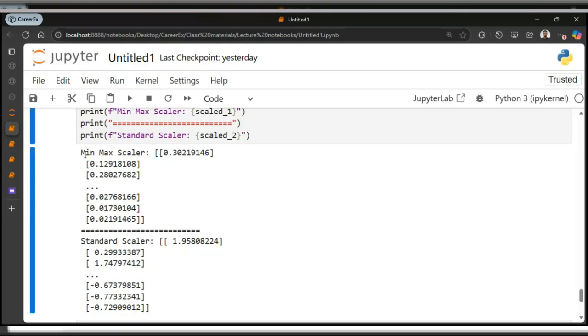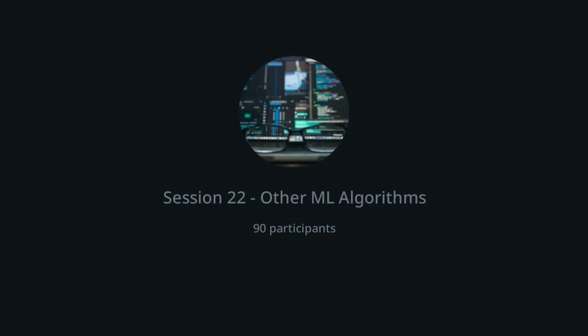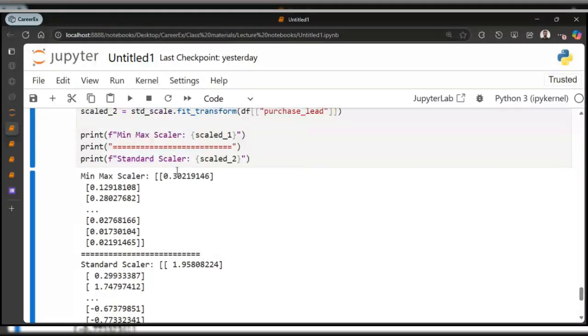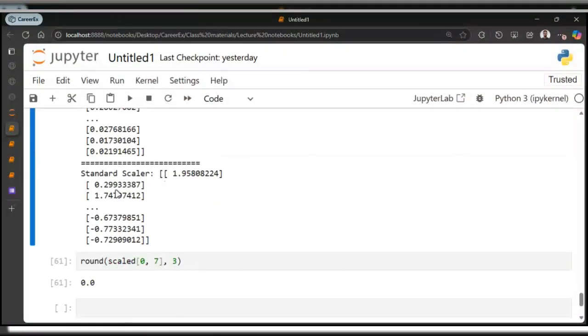These are not the same values. MinMaxScaler limits your scale between 0 and 1. So if you check through all the scaled values here, you will never see any value that is greater than 1 or less than 0. But StandardScaler does a different thing. It uses your mean and some other values to calculate the new value for each data point.